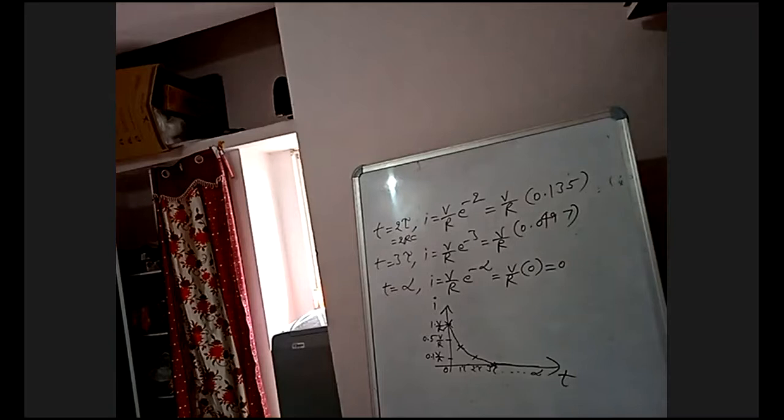In the next class, we will derive voltage across resistance and voltage across capacitance also. Go through the derivation at home. Up to the current equation we have derived. See the RL circuit derivation and come to the next class, so that it will be easy for you. And we will also derive energy in the capacitor. Energy in the inductor we have derived in the RL circuit, but here we will derive energy in the capacitor.